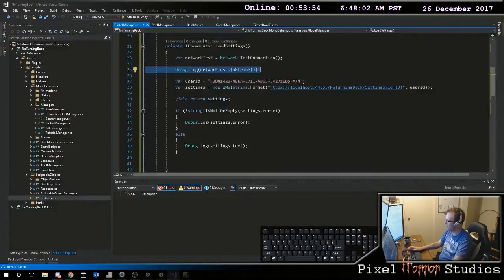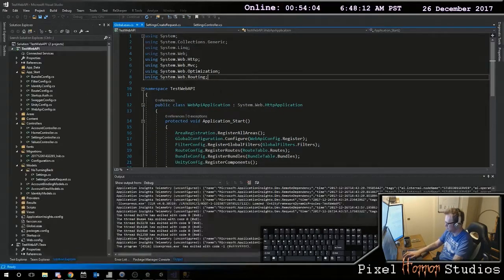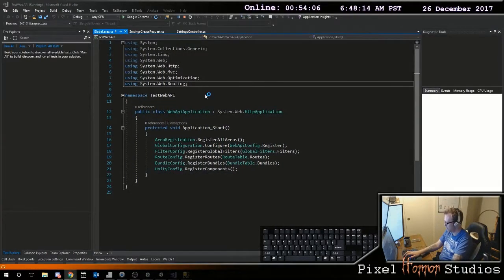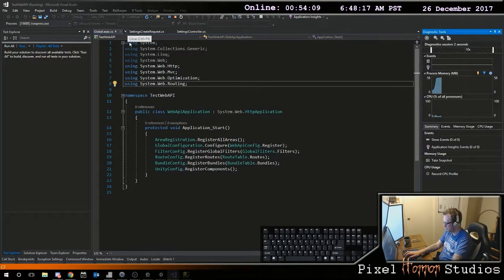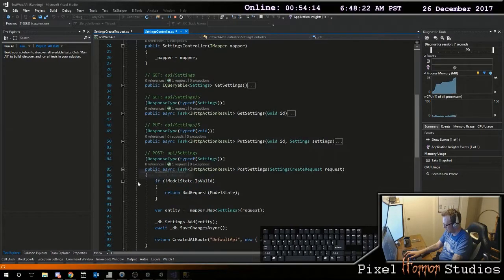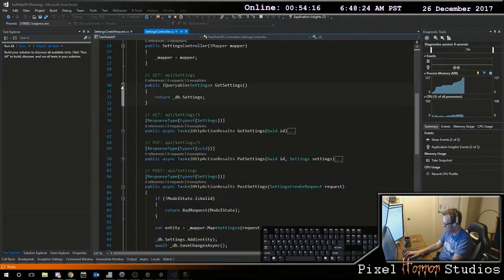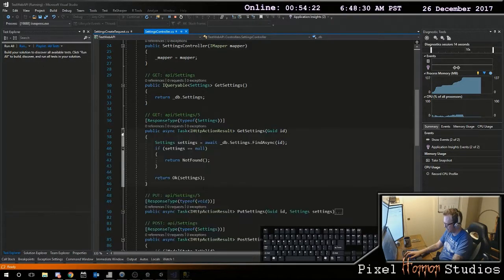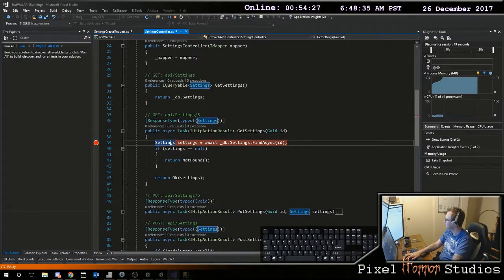So again, our endpoint that we were hitting is... we want to run this one, I'm assuming, right? If I look at my path here,